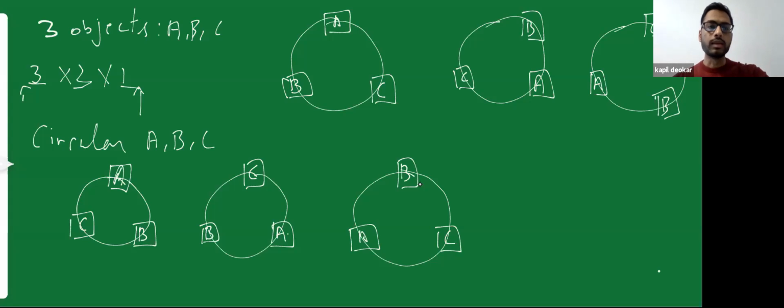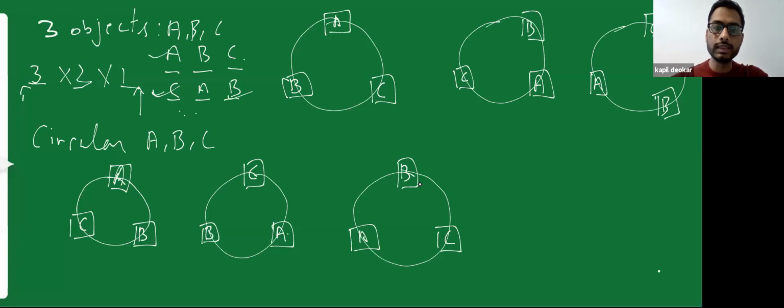Okay. So now in linear order, if I start with A, I can write the next letter to be B and the third letter to be C. Or else I can start from my A over here, then I can write B and I can write C over here. So this and this arrangement is different. In my first arrangement, my first point is A, my last point is C. In my second arrangement, my first point is C, last point is B. Therefore, these two are different arrangements.